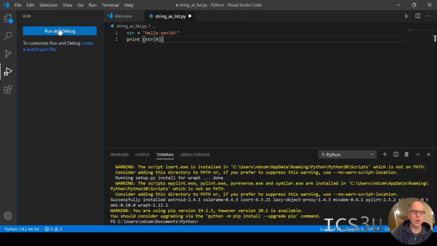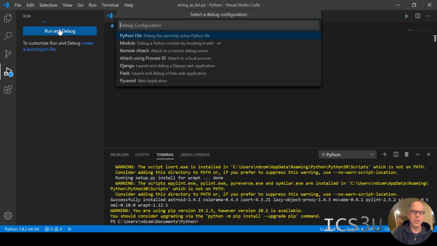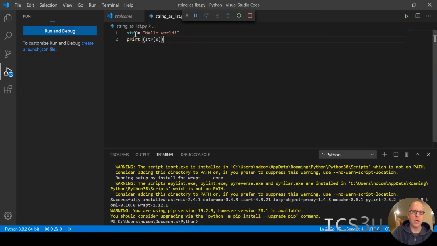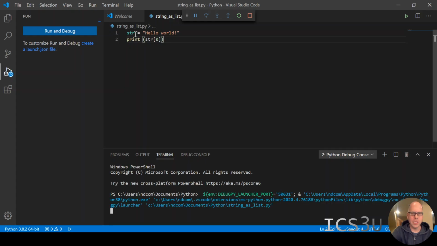So I'm going to click on run and debug. I think that's it. And how do we want to run it? Python file. Let's do that. Python file. And there we go. So down at the bottom,